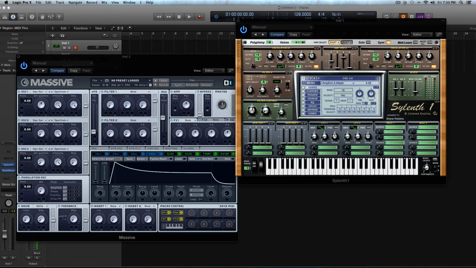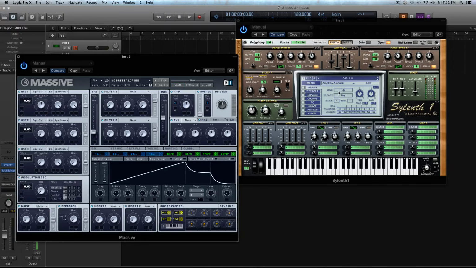evolve over time. So what's actually happening is, just imagine this shape. As I bump that attack slider out in Sylenth, think of it as creating this sloping line. Now the decay is telling it how quickly it goes through this gain staging process of attack, decay, sustain, and release. Your first point is attack. Once you reach maximum amplitude on the attack stage in any synth, it's going to enter the decay stage, which is just telling it how quickly it's going to transition from attack, decay to